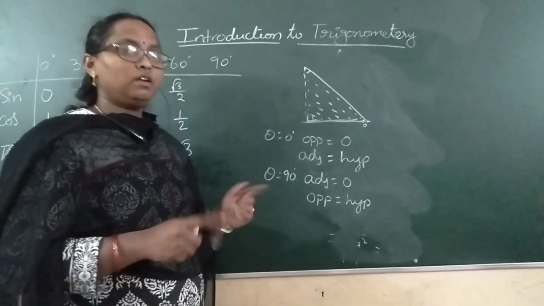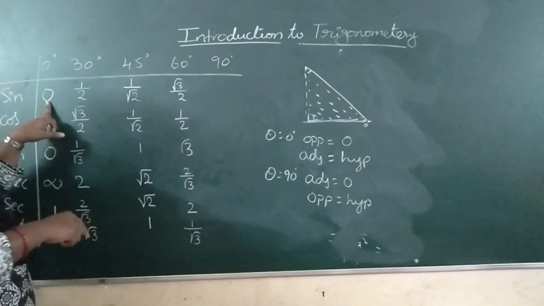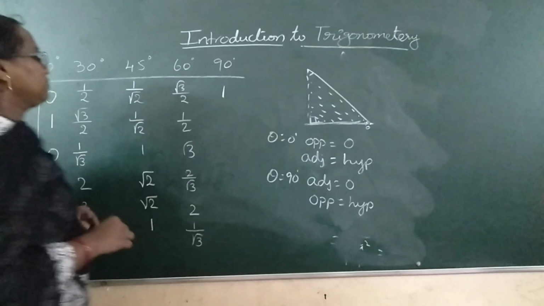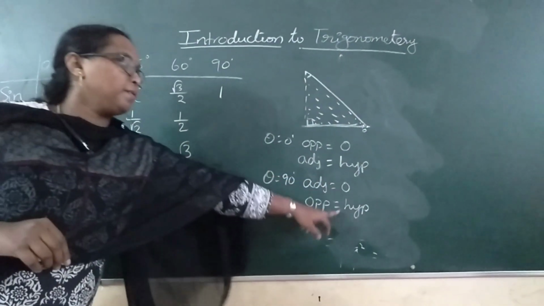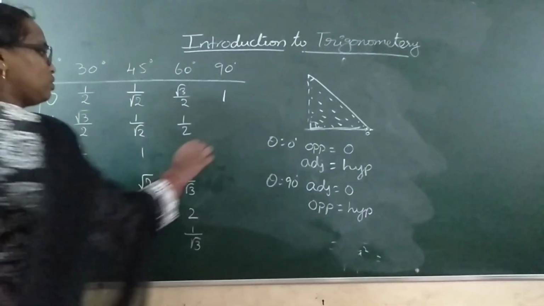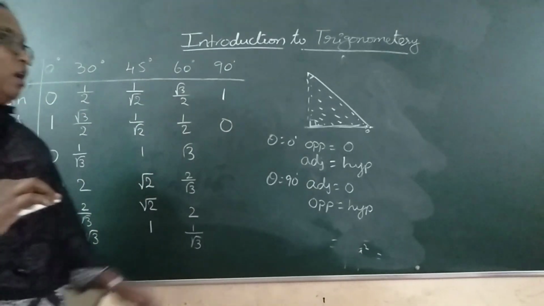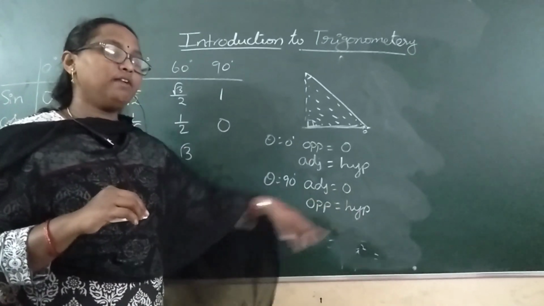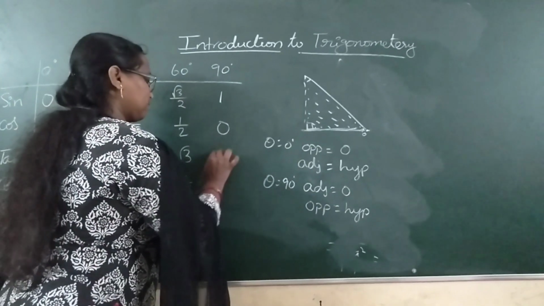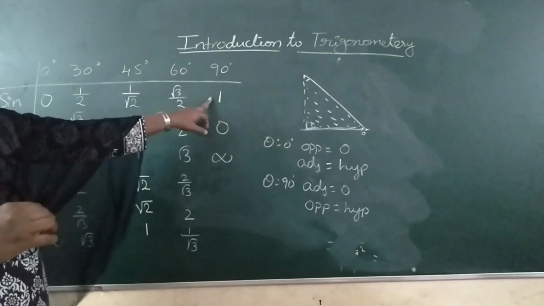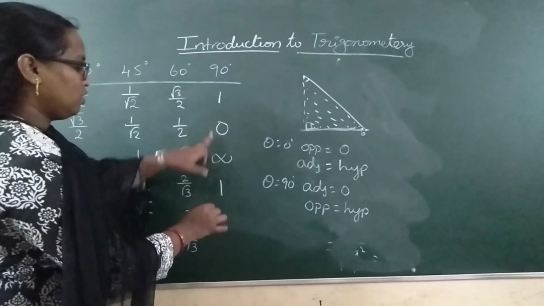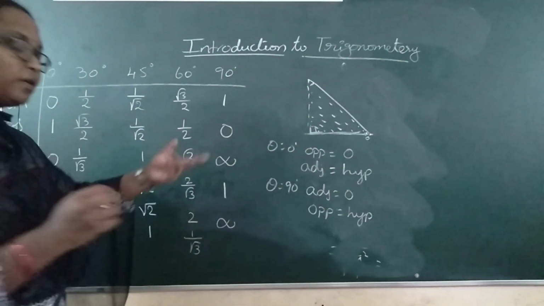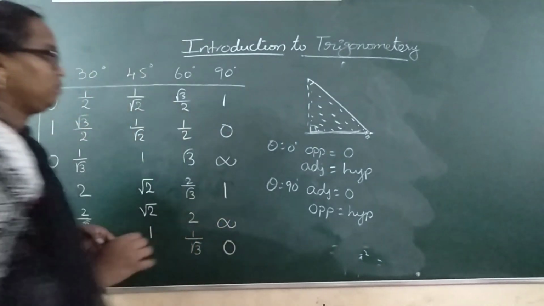Reverse. Now sine formula is what? Opposite by hypotenuse. Opposite by hypotenuse means that is 1. Cos is adjacent by hypotenuse. Adjacent is 0. 0 by anything? 0. Tan is opposite by adjacent. Opposite exists, but divided by 0. Any value divided by 0 is not defined again. Now from here 1 reciprocal is 1. 0 reciprocal is not defined. When 0 reciprocal is not defined, the reciprocal will become 0. Clear?